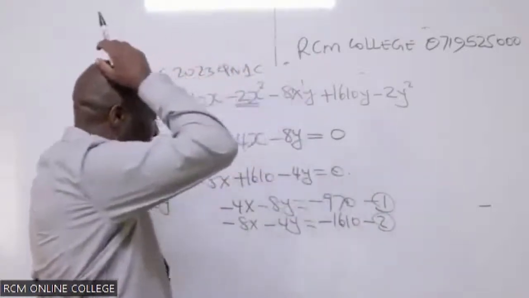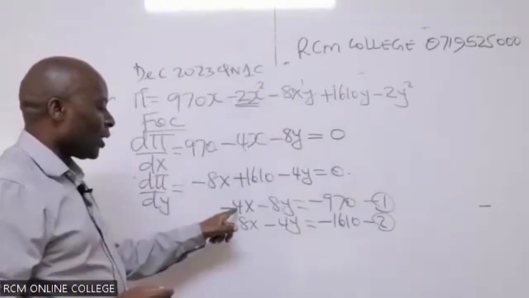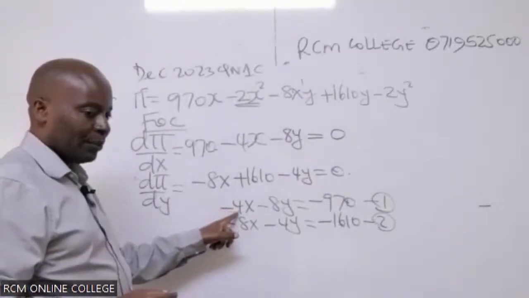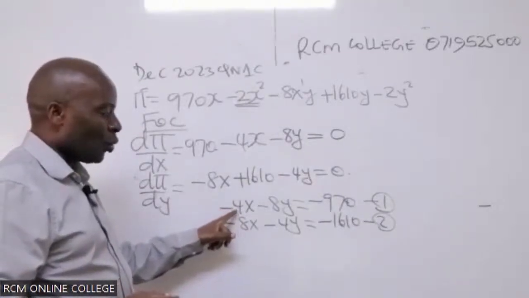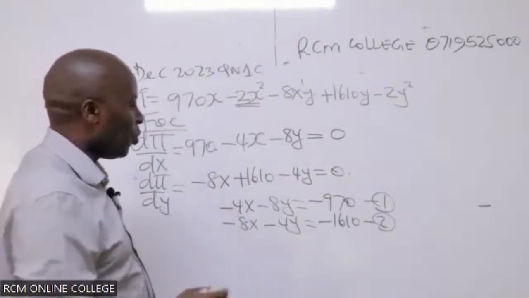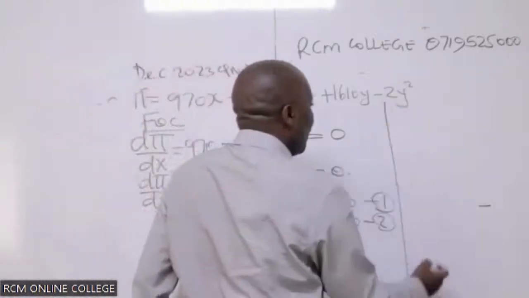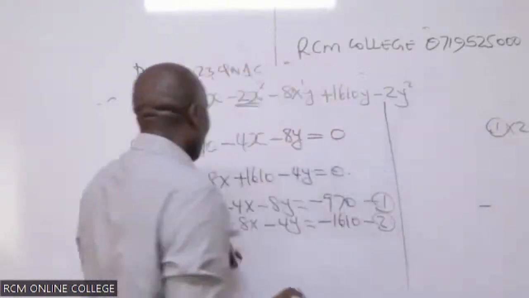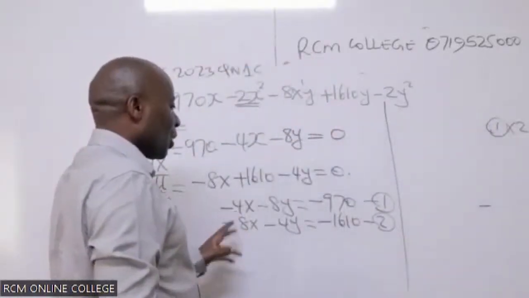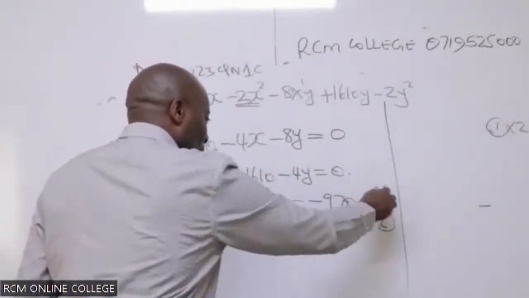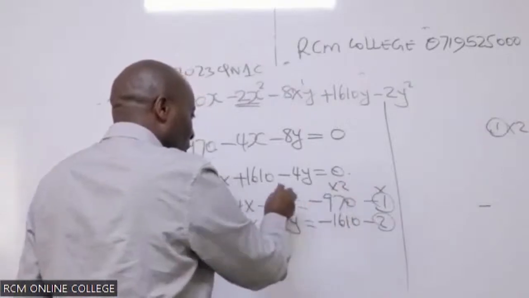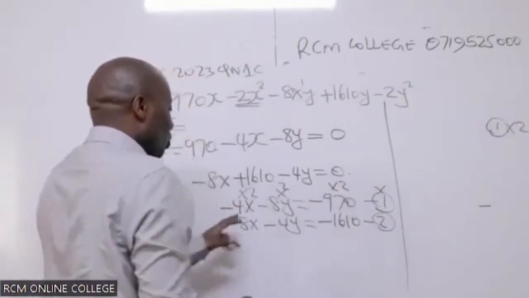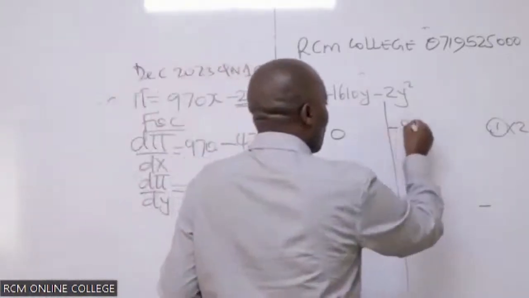So I would want to eliminate x. So I would want this to be 8 as well. So what do we do here? For that to be 8, this equation number 1 has to be multiplied by 2 for this to be negative 8 now. So I want to multiply all this by 2 for equality to hold. So this one here will give me minus 8x, minus